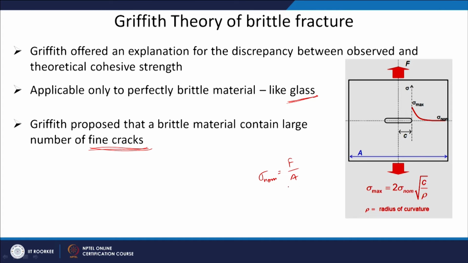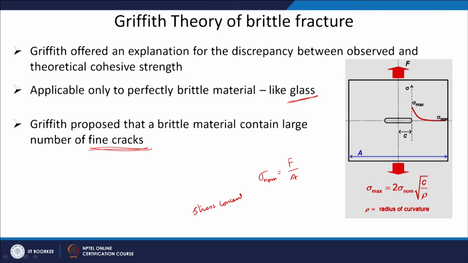So, the nominal stress is only force per unit area. Now, if you have a crack in the material, locally the stress will be very high where the crack tip is, and this is called stress